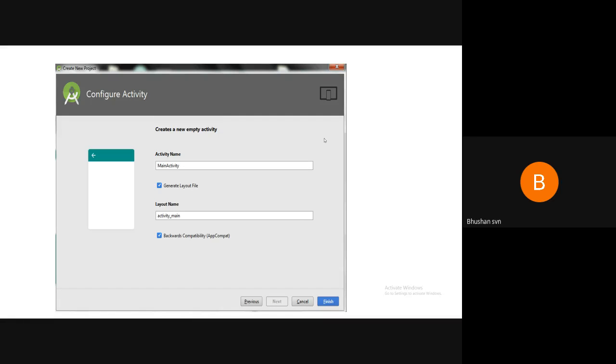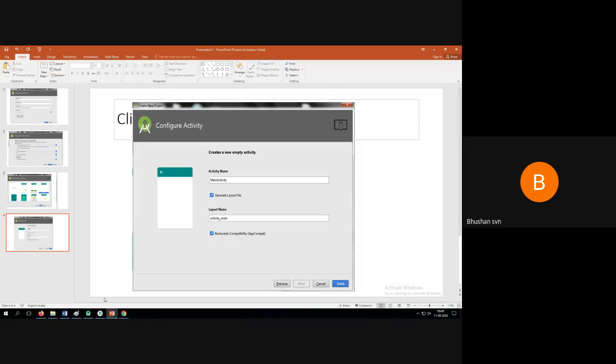On app compatibility, there are certain devices which are compatible to run certain apps, and certain devices which do not run them. To have compatibility for all kinds of devices, you can just check it and click on finish.